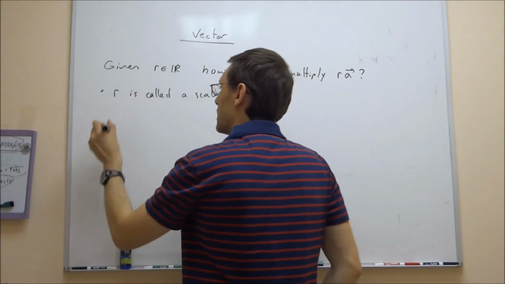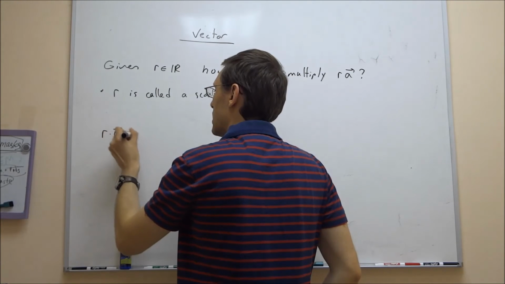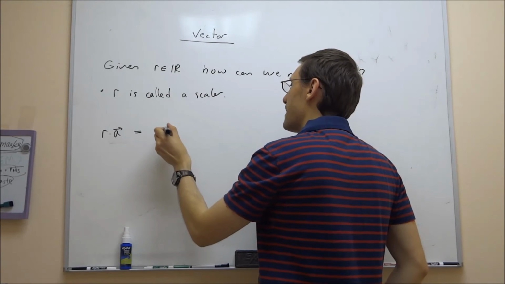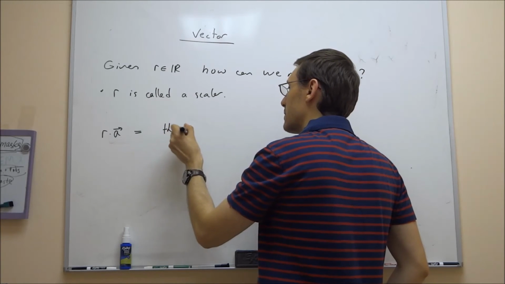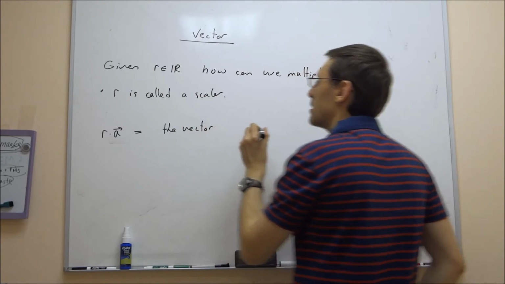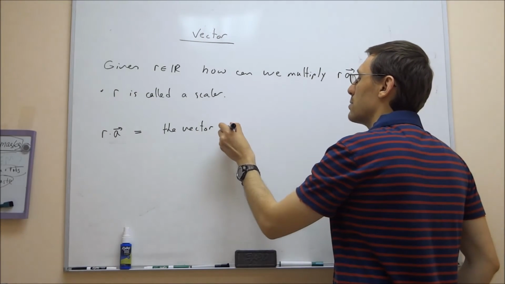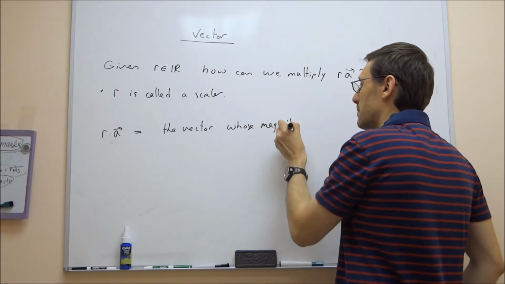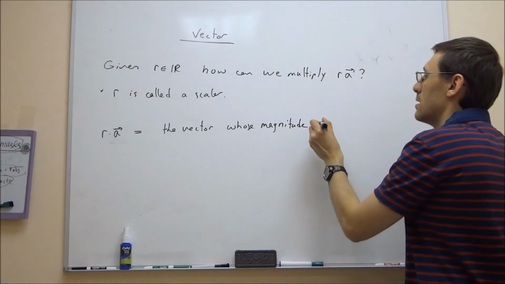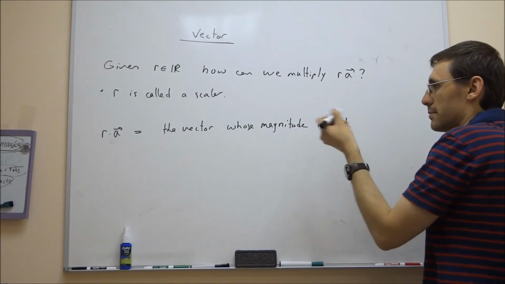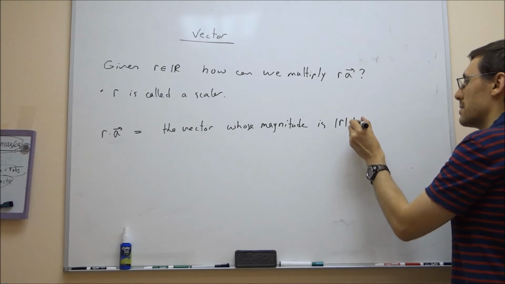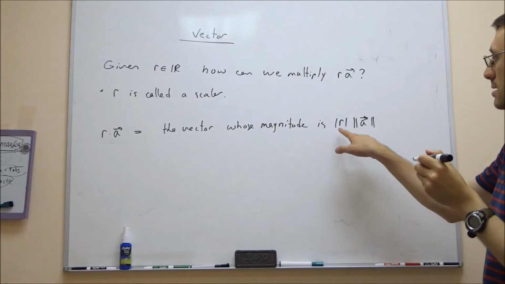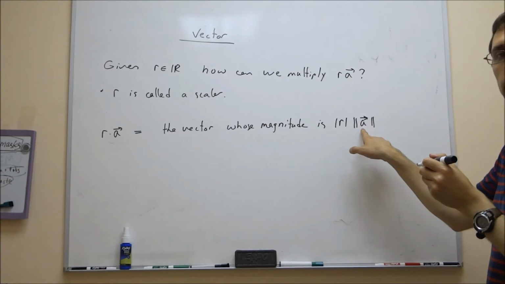So you can say that r times a is equal to the vector whose magnitude is absolute value of r. It's multiplied by r-fold times the size of a. So what this means, its size is absolute value of r times the magnitude of a,